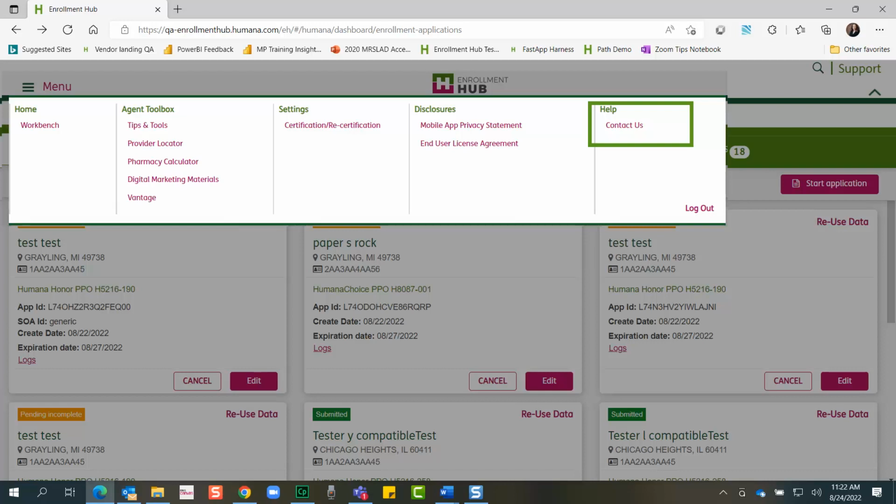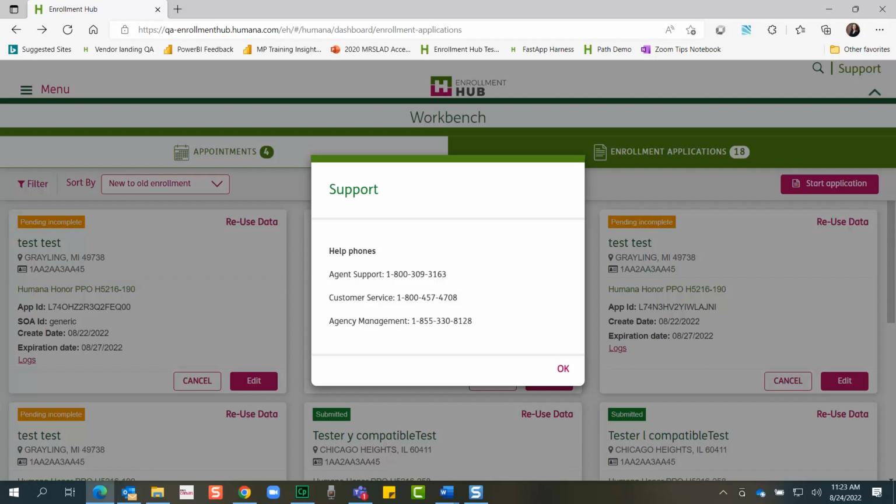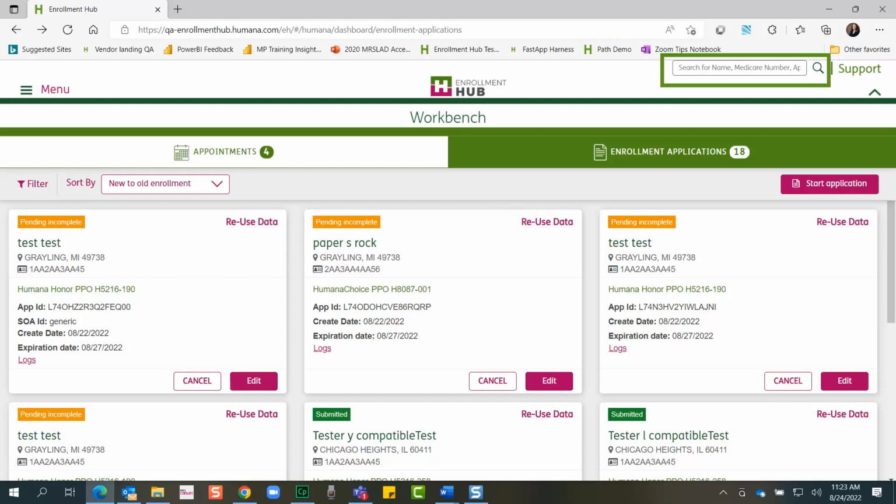This will bring up helpful numbers that you can use if you have any technical issues while using the system. If you do experience technical issues while using Enrollment Hub, you would contact the agent support number listed as 1-800-309-3163. There is a search feature located on the top right corner of the screen that will allow you to